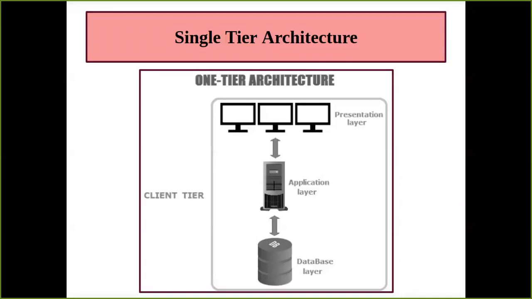When we talk about the very first type of tier architecture, that is your single tier architecture, what does it mean? In single tier architecture, you have all three layers in one place. It is not distributed anywhere. It is located in a single place, and that whole place is considered your system. For example, a mobile phone is your system, and in the mobile phone I have an application which has all three layers on the mobile phone only.